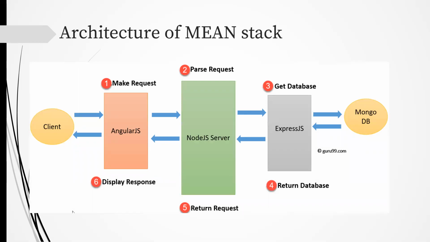Then, the architecture of MEAN stack development. This is the basic architecture of MEAN stack development. In this figure, we clearly see the client and MongoDB. Here, the client means a user and MongoDB is a database. All the application logic is performed in between the client and the database. Firstly, the client sends a request to AngularJS, then AngularJS passes the request to the Node.js server, and Node.js passes the request to Express.js and gets into the MongoDB database. And in the same manner, it reverses back to the client.